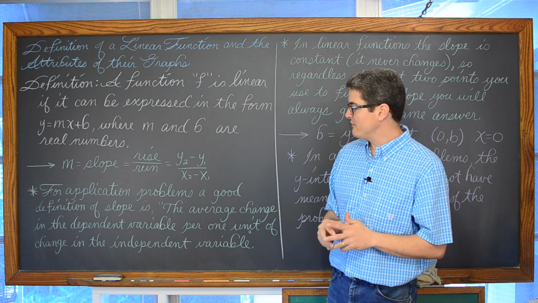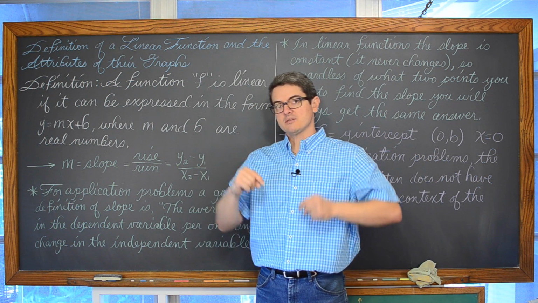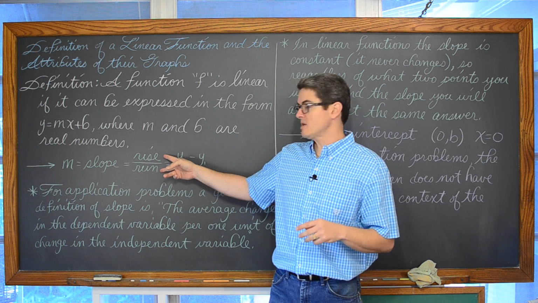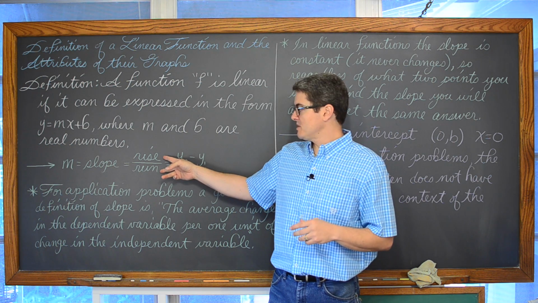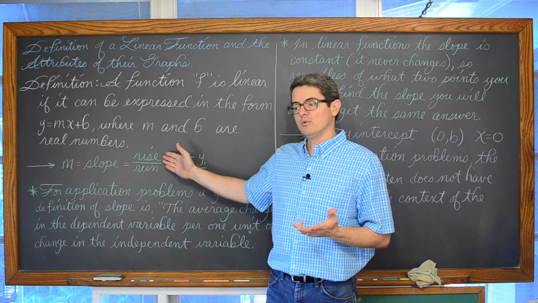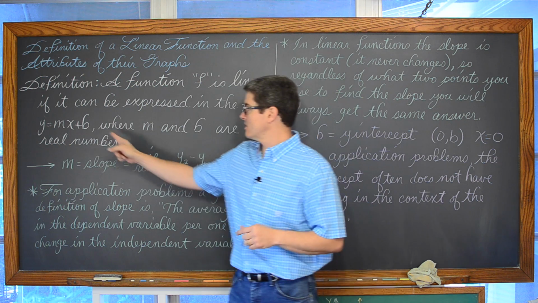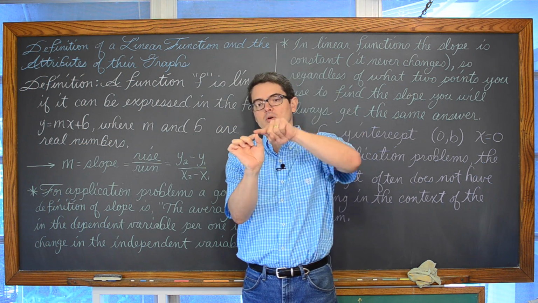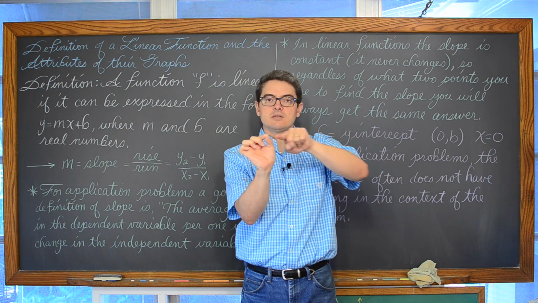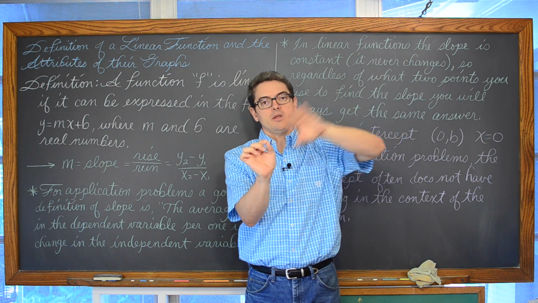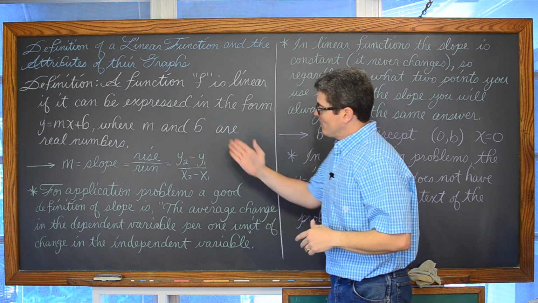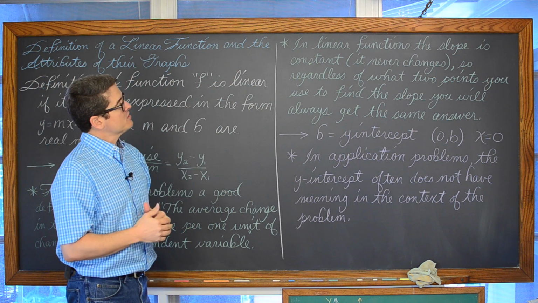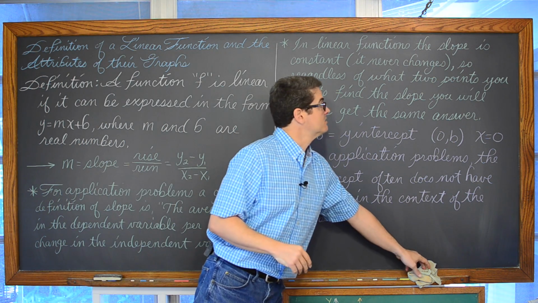Now, for just basic graphing, like you'll see in the lessons below, graphing in y equals mx plus b form, or graphing with x and y intercepts, rise over run is a great definition of slope. You plot a point first, usually the y-intercept, and then from that point you go either up or down, and then to the right a certain distance, you rise and run, and then you plot another point and draw the line through those 2 points. But it's not a good definition for interpreting slope in real-life applications. In linear functions, the slope is constant. It never changes for a line.